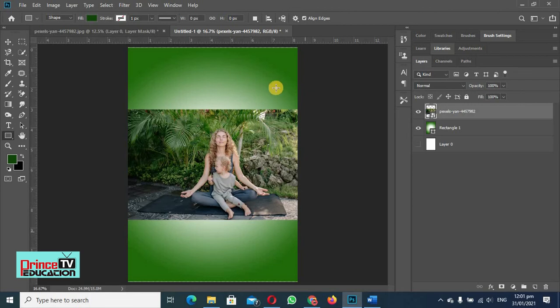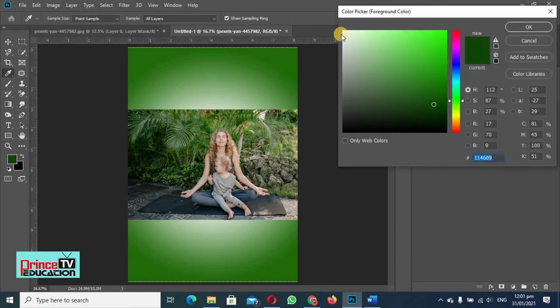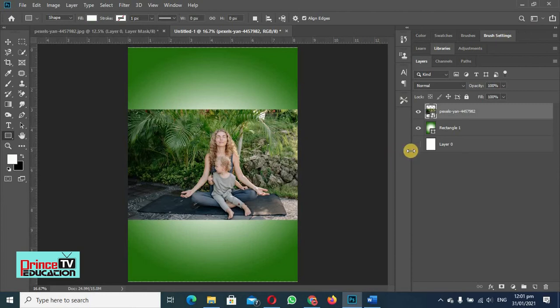So this picture has been added again, and you can see here is a background and here is a picture. So we will be applying this layer mask. I will convert the transition to 0. Okay.